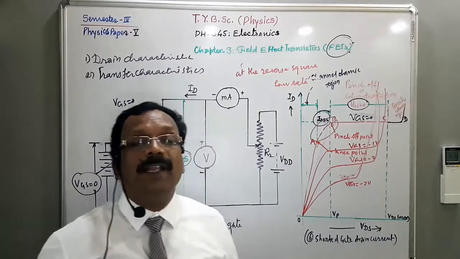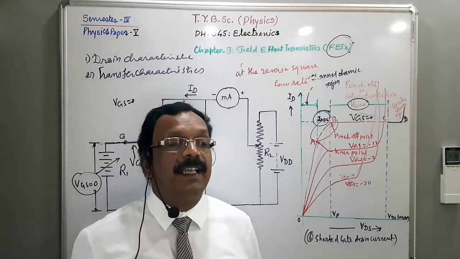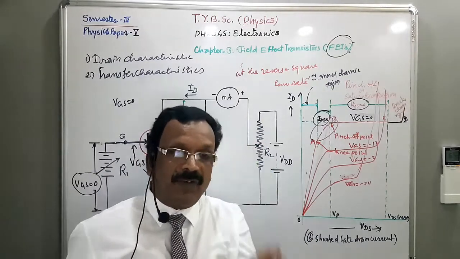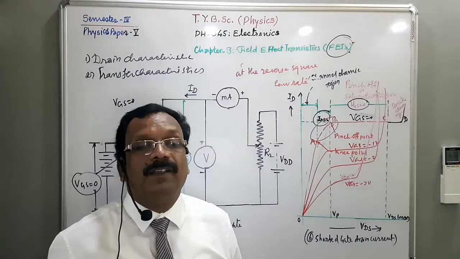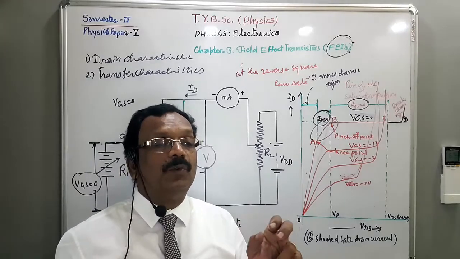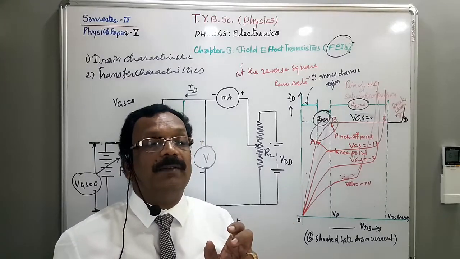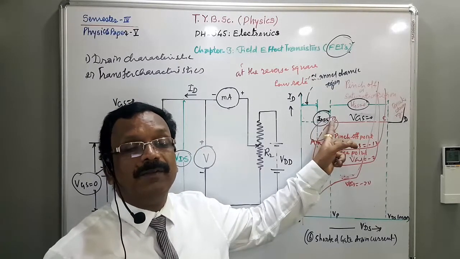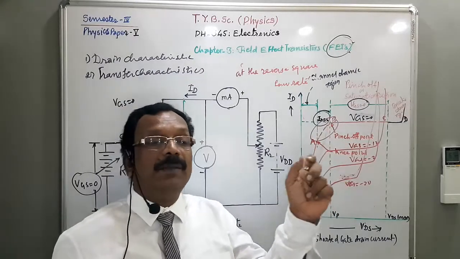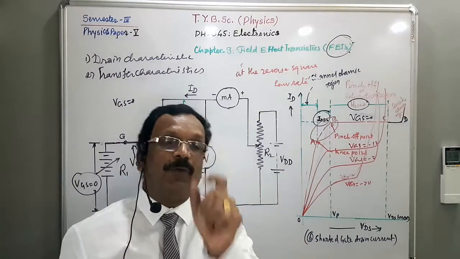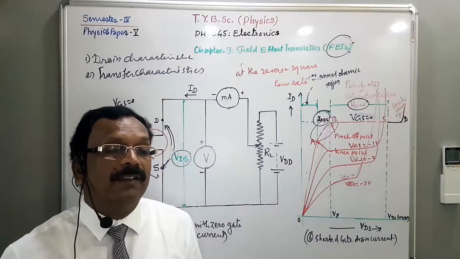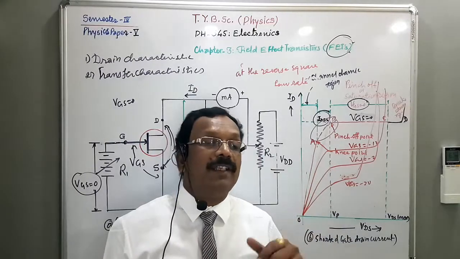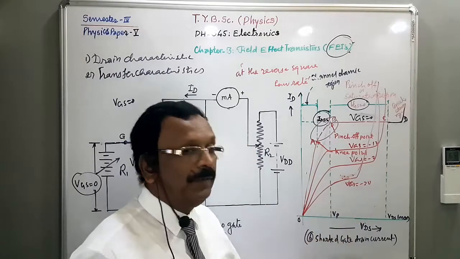And as a result, the depletion region increases in size, thereby reducing the effective width of the conducting channel of the FET. At the drain to source voltage, that is VDS, the corresponding point B is the point where the channel width is reduced to a minimum value, known as pinch off. The drain to source voltage at which the channel pinch off occurs is known as pinch off voltage and is denoted by Vp.